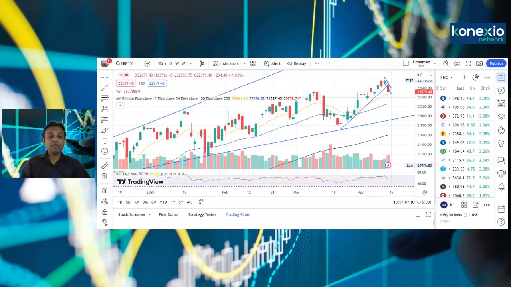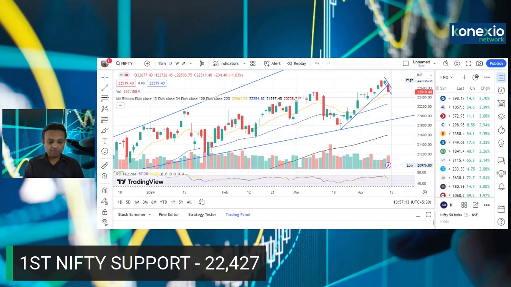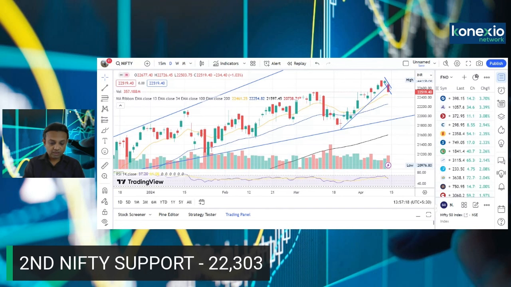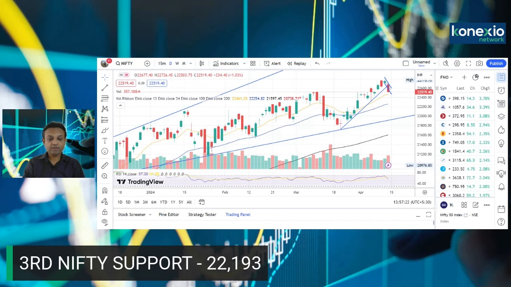So now let us come back to the Nifty daily charts. We'll discuss the important support and resistance levels in Nifty for the next week. The first support in the Nifty is placed around 22,427. Second support is placed around 22,303. And third support is placed around